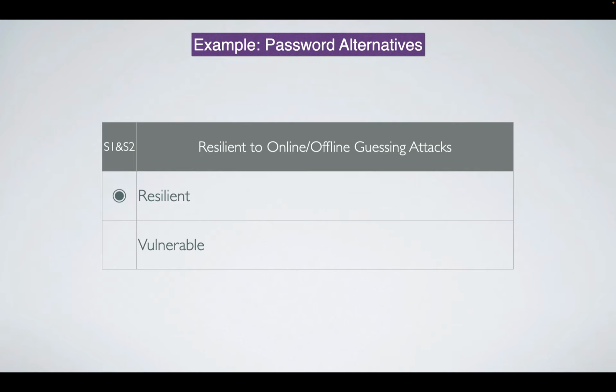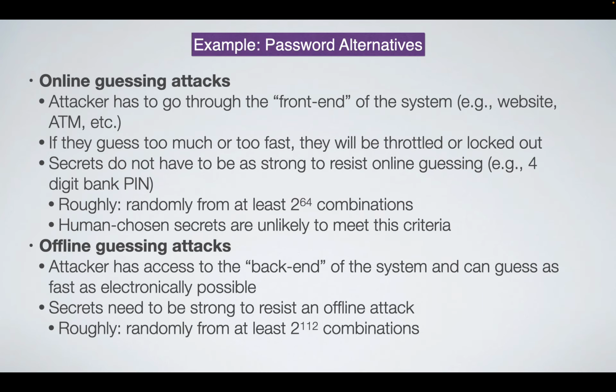So first off, the terminology that's used in the paper is online versus offline guessing attacks. So an online guessing attack is when you have to go through the server itself in order to guess. So example would be, let's say I'm trying to log into your bank account. So I go to the banking website, I put in the username and password, it says it's the wrong password, then I try a different password, and then I try a different password. But in every case, the bank is between me and my guessing. Okay, so they're servicing all the guesses.